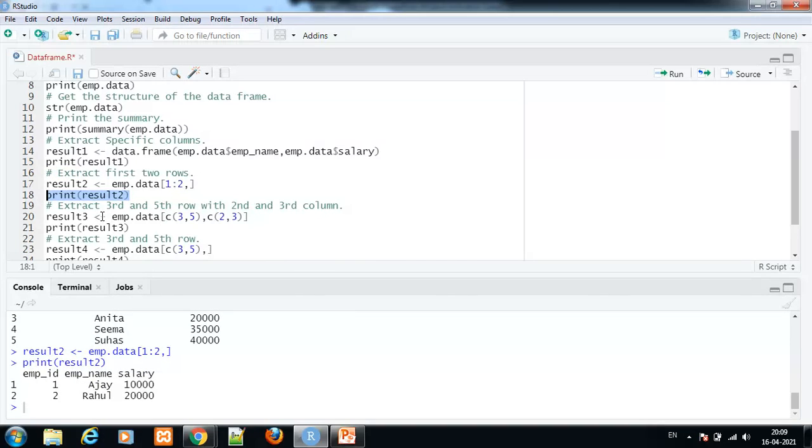Suppose we have to extract the third and fifth rows with the second and third columns.